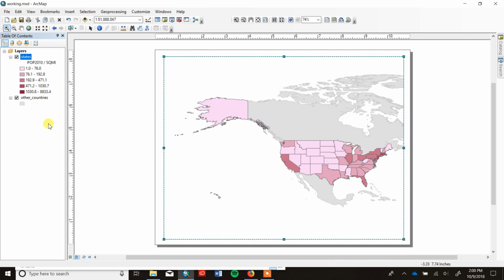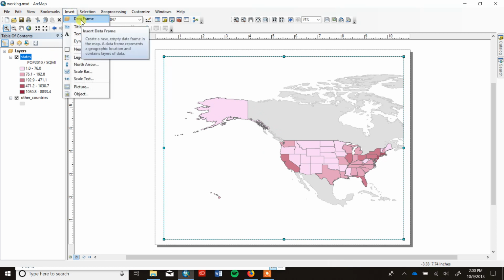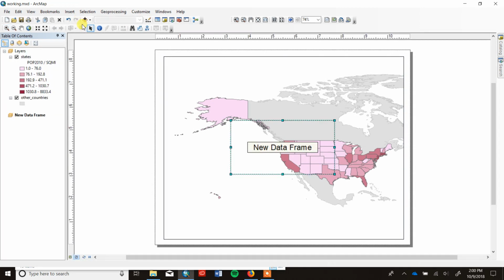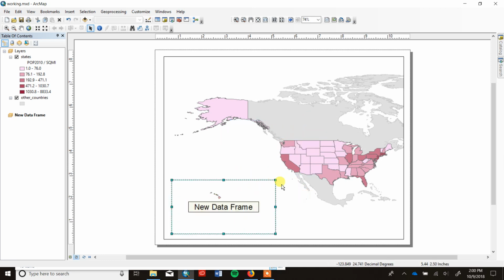main data frame. And in order to do that, we're going to go to Insert and Data Frame. Okay, and so we'll add another one to our map document. Oh, good, it worked. But this again is why we save it. So you get this kind of floating empty shell that says New Data Frame, and there's nothing in it right